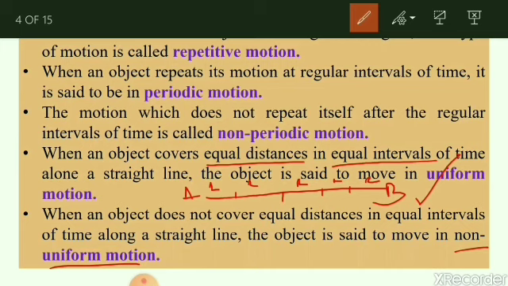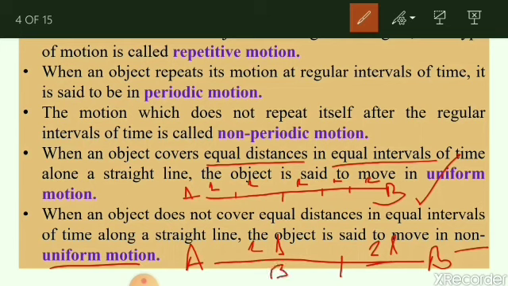Suppose again we are taking point A and point B. Suppose the distance between point A and point B is 5 meter. Suppose we are dividing it into 3 meter and 2 meter. Suppose first 3 meter is covered in 2 seconds and next 2 meter is covered in 2 seconds. So here distances are unequal but time intervals are equal. Means when any object covers unequal distances in equal intervals of time,